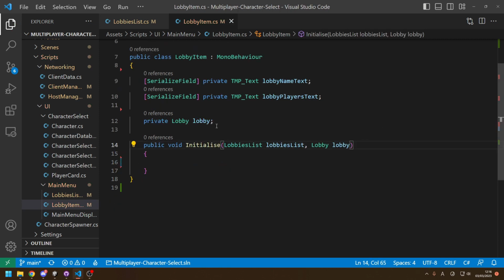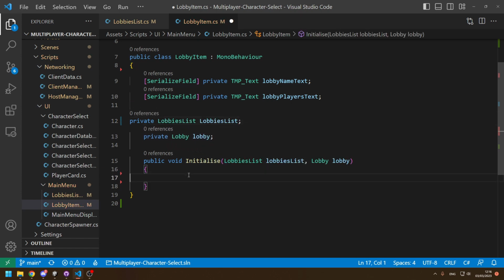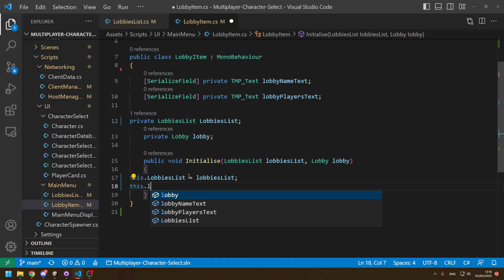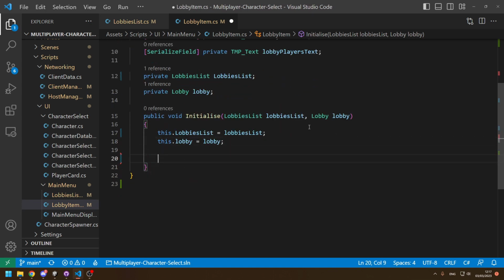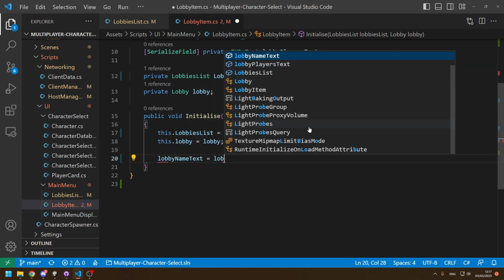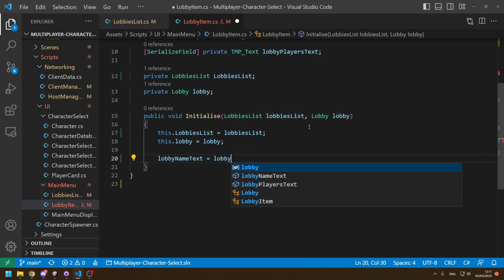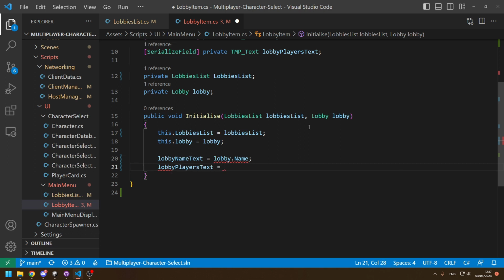So we're also going to need to store that one privately. So private lobbies list, and then we can just say this.lobbiesList is equal to lobbiesList, and same with the lobby. This.lobby is equal to the lobby coming in. And then for the UI, we can update it to say lobbyNameText is equal to lobby.name, since lobbies have a name. And then we can also set the players text, so lobbyPlayersText is equal to, what's